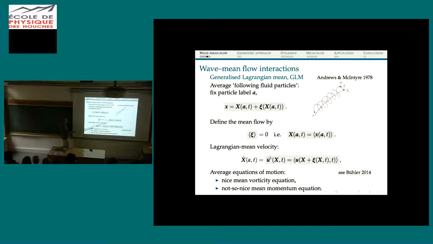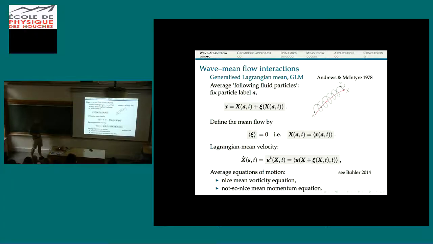Okay, so if you just differentiate this, then it tells you that the velocity of that particle A, which when we write a velocity field, we refer it to the kind of current position, is given by this. Okay, so it's the average of the velocity at the displaced position. So really keeping track of the particle position. That's a Lagrangian mean. Now I won't show you the details, but it turns out that you can write equations for this